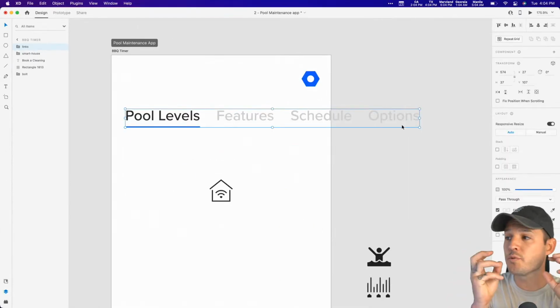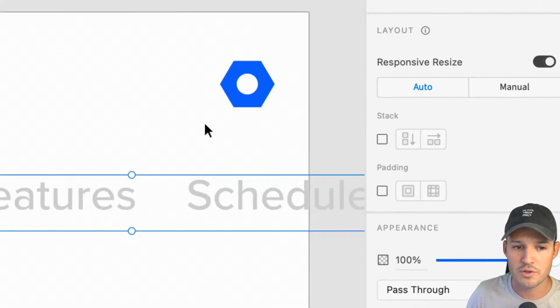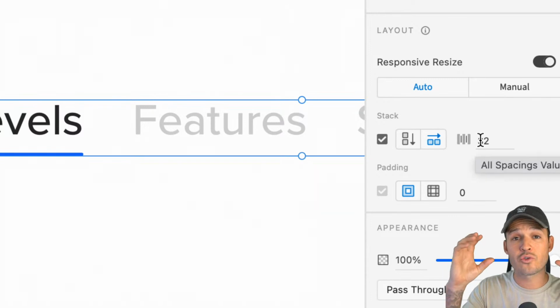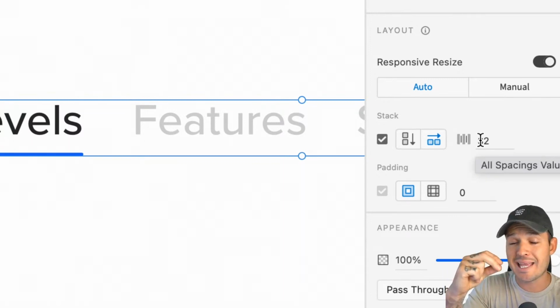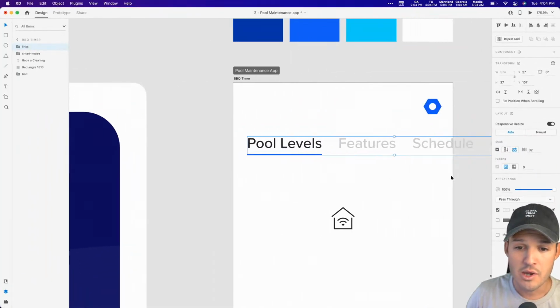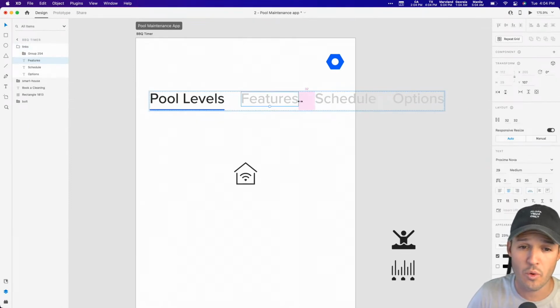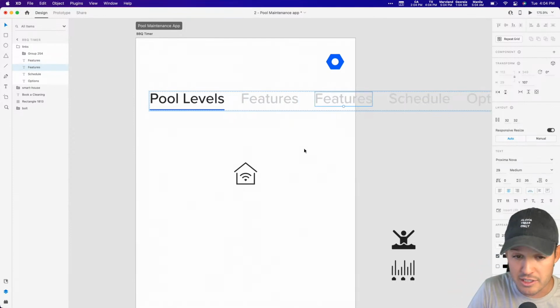As soon as you group something together in Adobe XD, you're able to use this really fun feature called stacks. When I turn on stacks, it's going to allow that group or that stack to control the padding in between, and we'll automatically add things inside of that group to the stack. What do I mean? Well, we cruise over here. Let's say we had feature schedule options and we wanted maybe another link inside, copy paste. It perfectly spaces it inside the stack. You delete it,